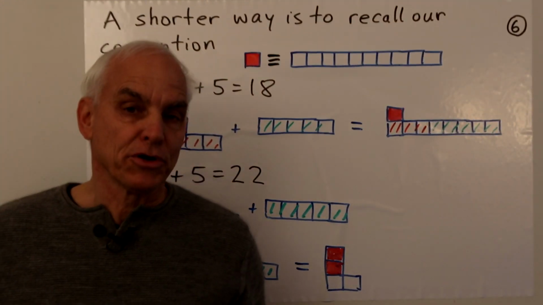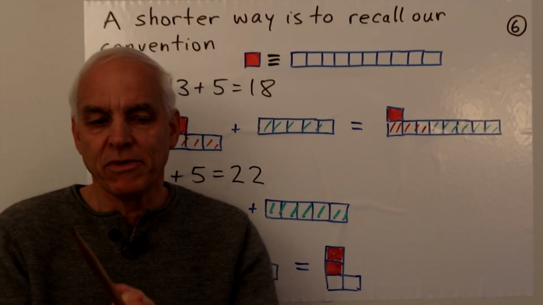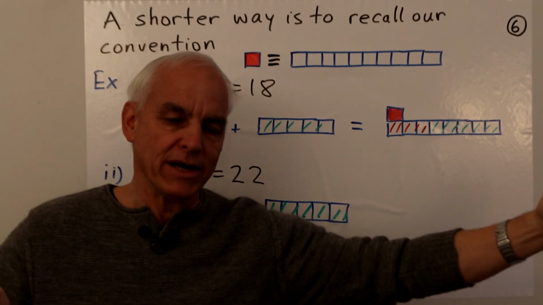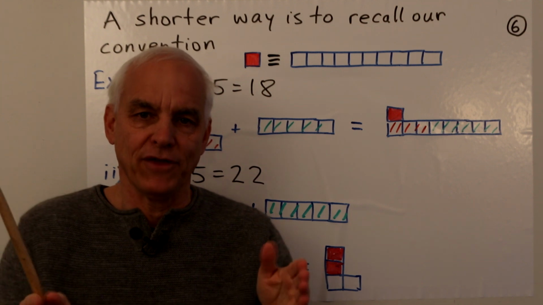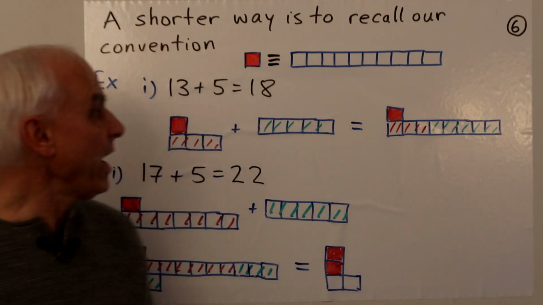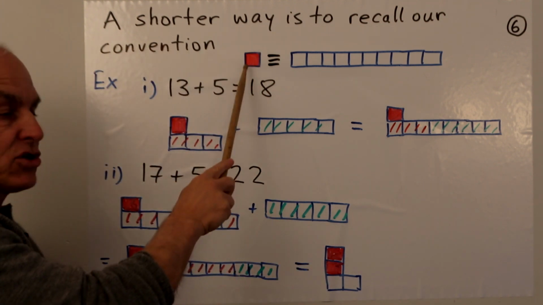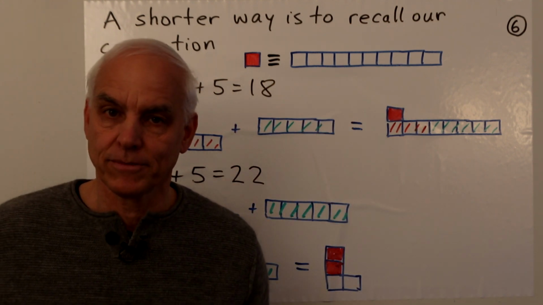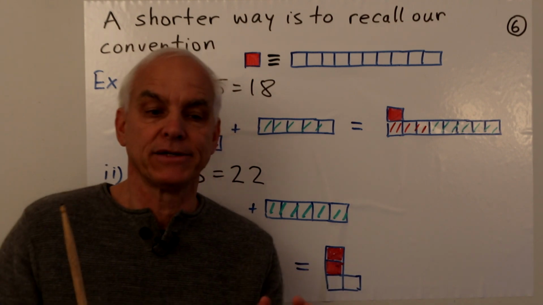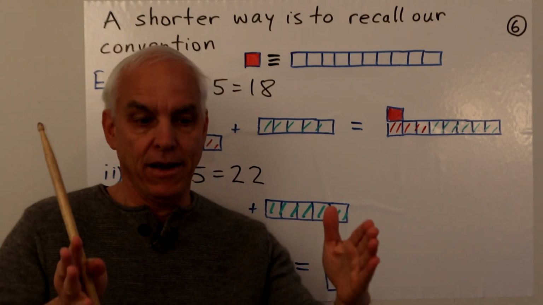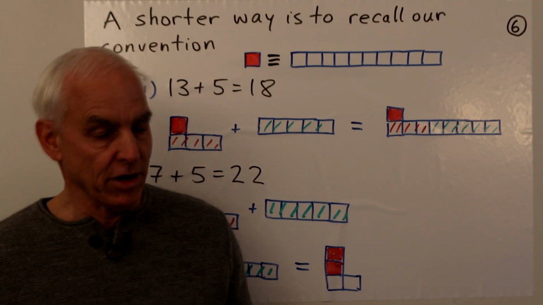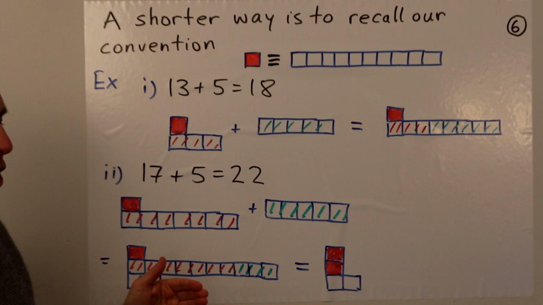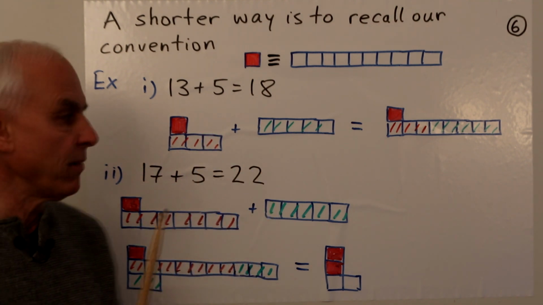Now remember that earlier in this series, we introduced a convention that instead of writing out long row rectangles, we had shortcuts using colored squares. So we had a convention that our red square represented a row of 10 ordinary squares. This is a more compact unit for representing 10, which accords nicely with our Hindu-Arabic system. So this allows us a more compact way of looking at the computations that we've just made.